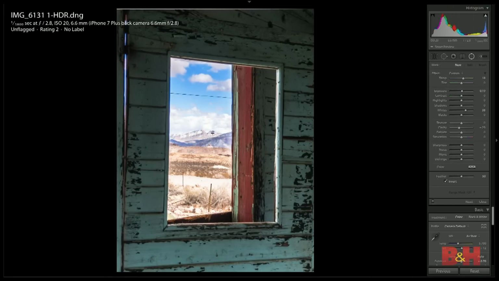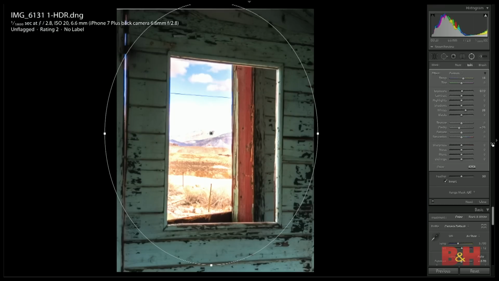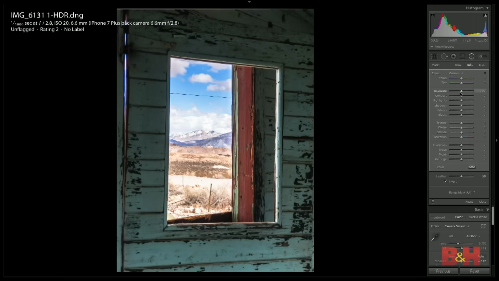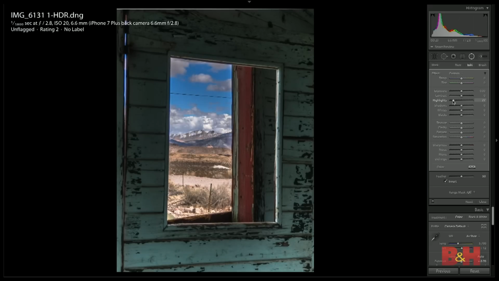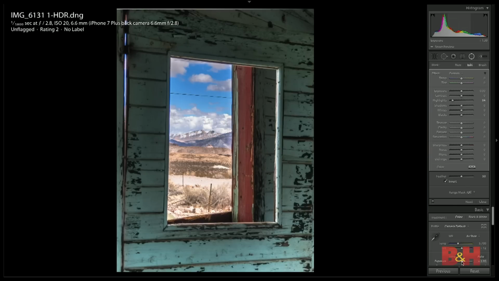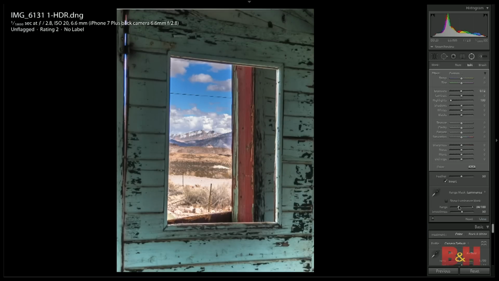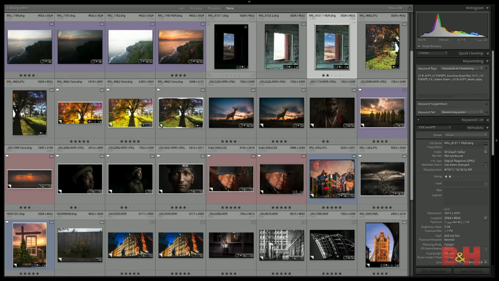Then I can come in here with my radial tool and just bring the highlights back down again. And then my exposure back up, just to kind of exaggerate this for effect. Probably arrange this so it's only affecting the highlights. There we go. Now if you look at the difference,